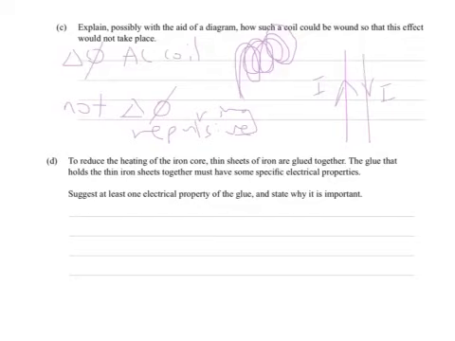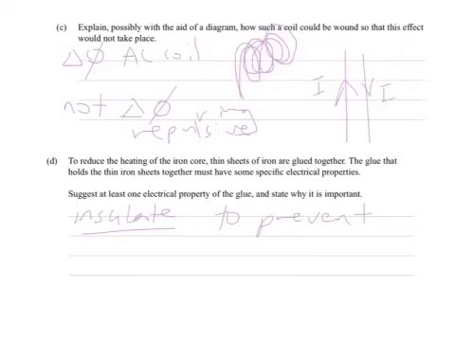Okay. Last one, D. To reduce the heating of the iron core, thin sheets of iron are glued together. That's what we could see from the picture. The glue that holds the iron sheets must have some specific electrical properties. Suggest at least one electrical property of the glue, and state why this is important. The one main property of the glue is that it must insulate. So it must have insulative properties, non-conducting, and that is to prevent